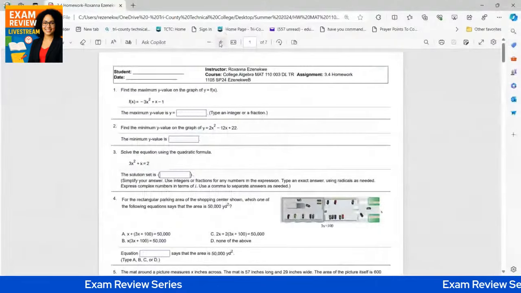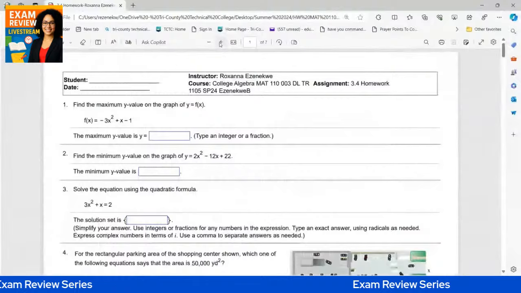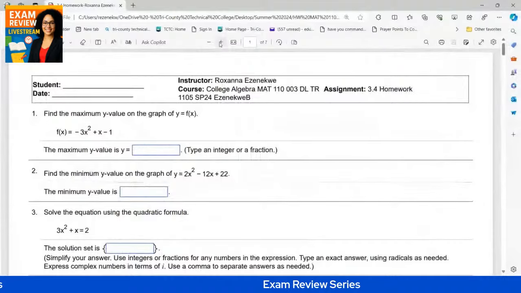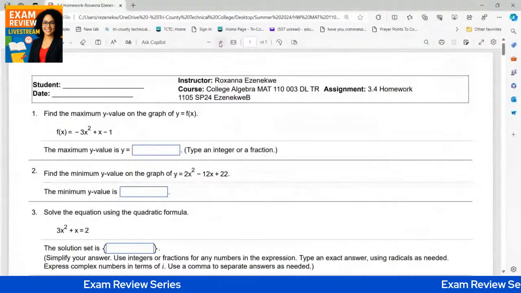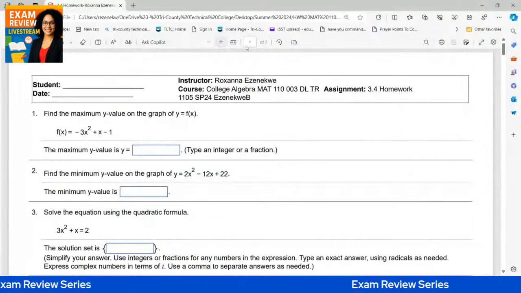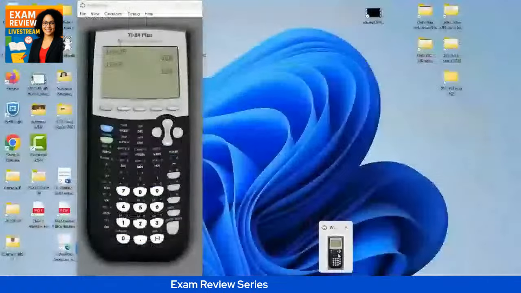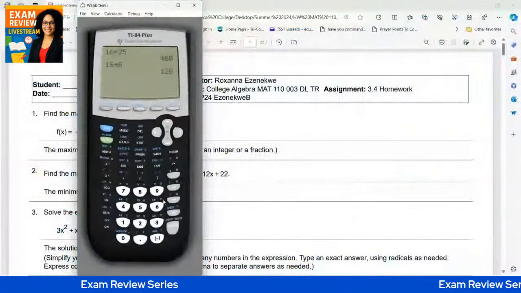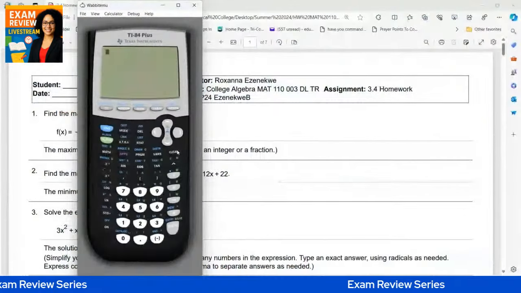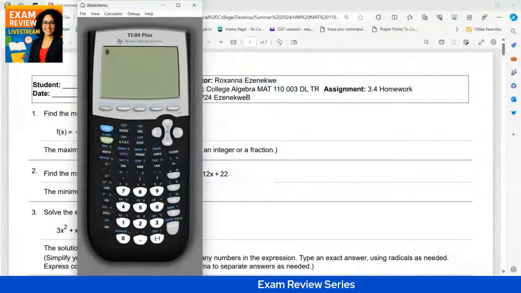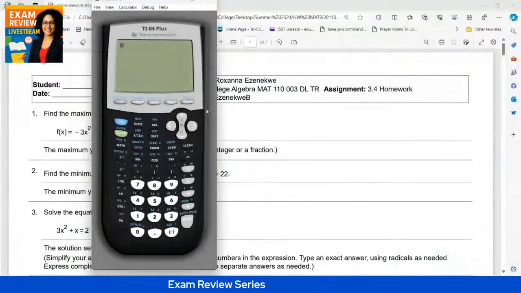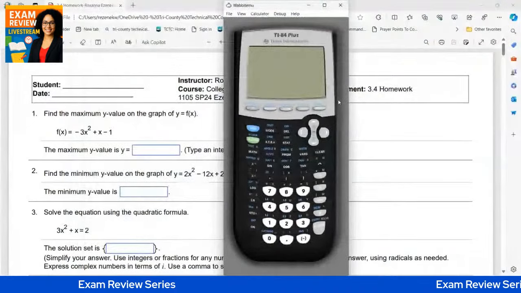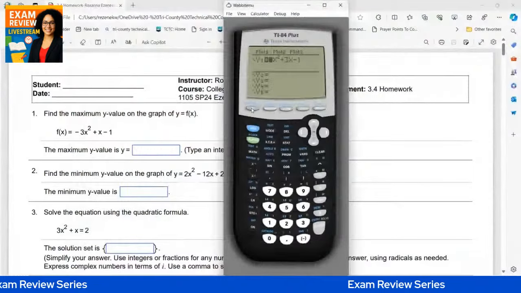Find the maximum value. I already showed you how to find the maximum value. Let me tell you, if you don't have time to use the formula, put the function in your calculator. Draw the graph. Ask your calculator the maximum point. All right, so that's what I'm going to do now. Number 1 of homework section